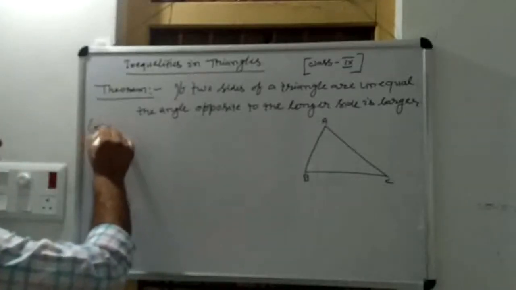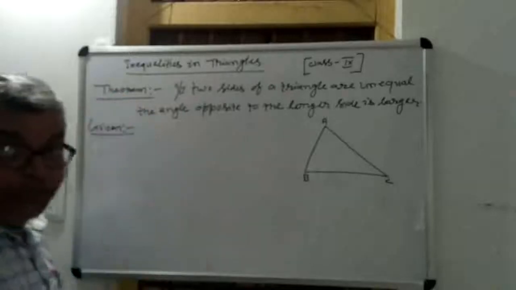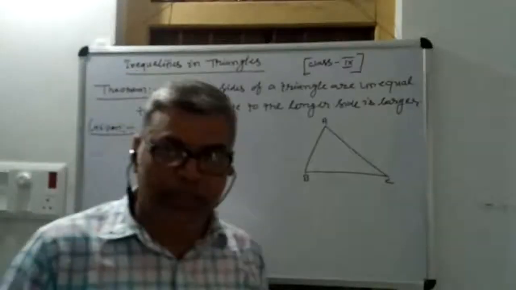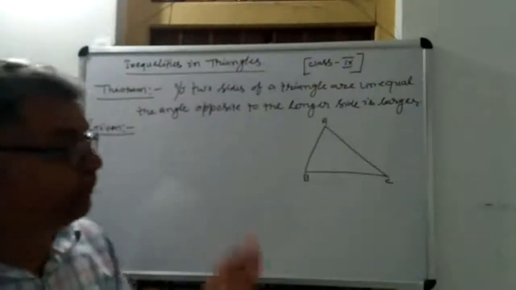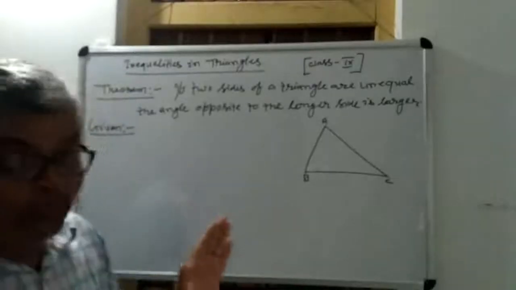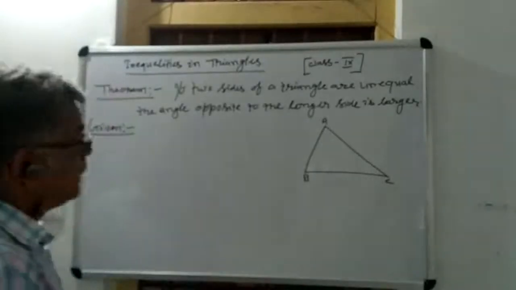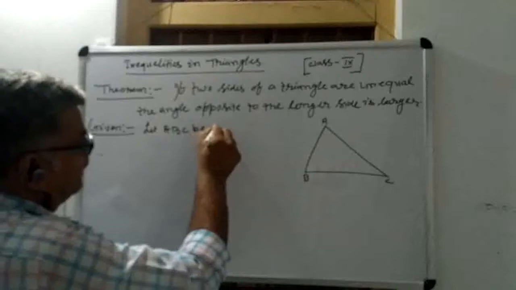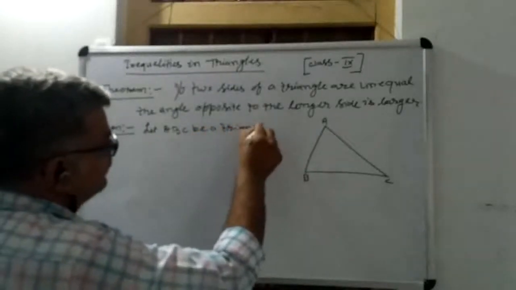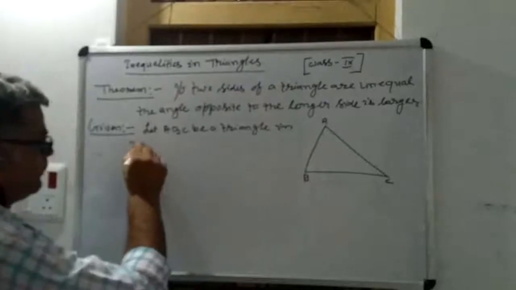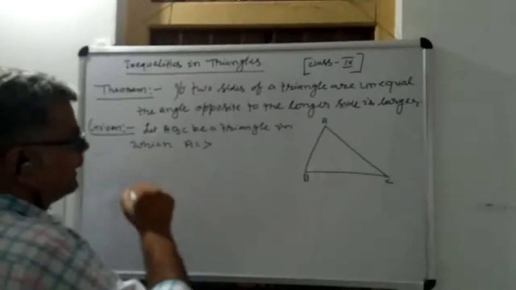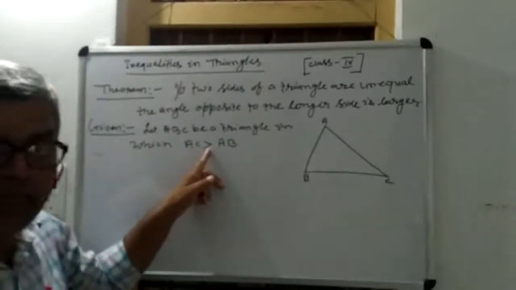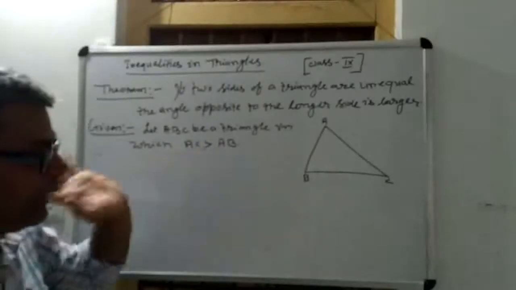Let's see what is given. This is your important property. Children, these properties are very important. These are the basic things which you must know to solve the questions based on it. So, all of you understand it very clearly. Given, let ABC be a triangle in which AC is greater than AB. You know that this is the symbol of greater than, where AC is greater than AB.